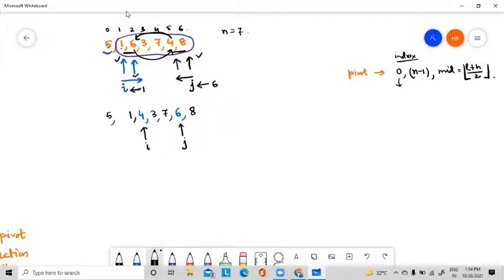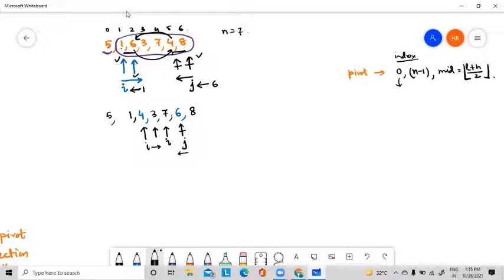Now again I will start comparing the same thing. Again I will start moving from this side to this side, and for J this side to this side. Again I will compare. Now see, this 4 is now smaller than pivot, so I will move forward. Clear? Now this one is smaller than pivot, so I will move forward. This one is greater than pivot, so I will stop here. Let us assume J as this symbol.